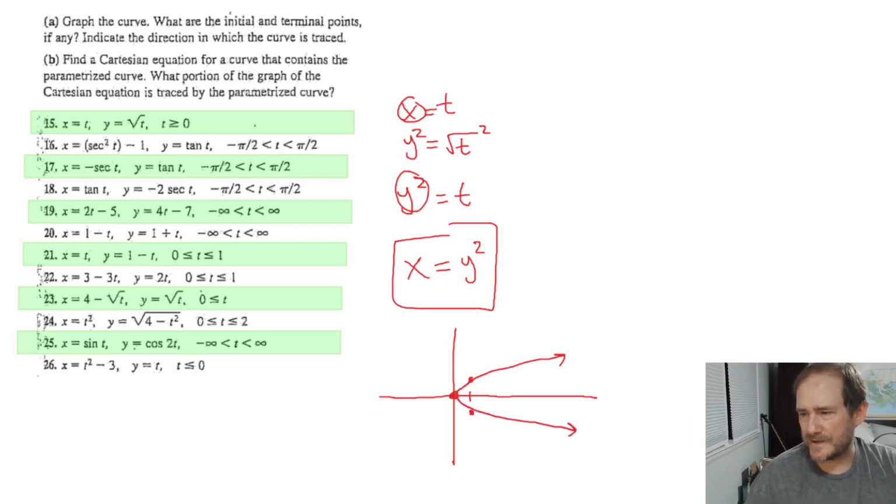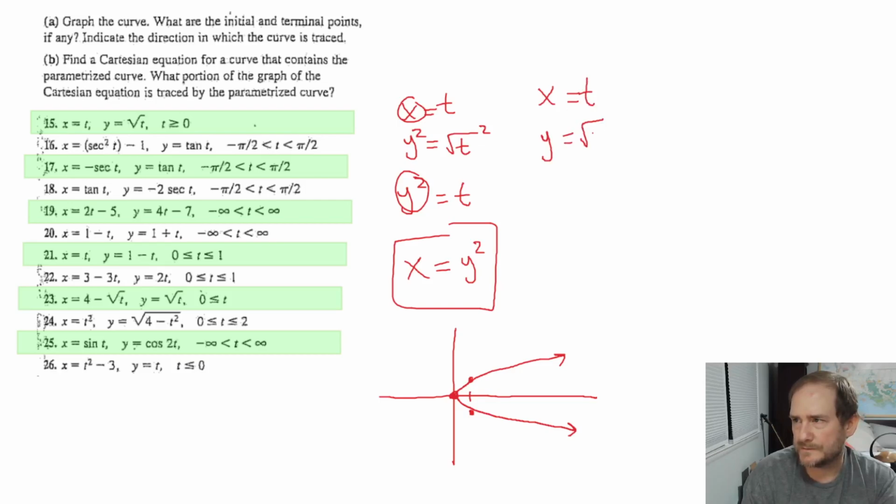And maybe I'm doing all that too fast, but hopefully not. But again, they said that t has to be only greater than 0. So does that change things? Does that mean I only get the top half or the bottom half? Well, let's take a look. In my original parametrization, they said that x was t, and that y was root t. So if you let t be 0,